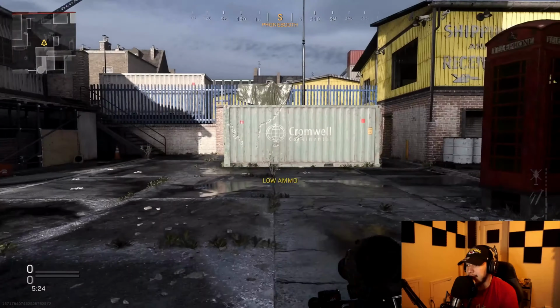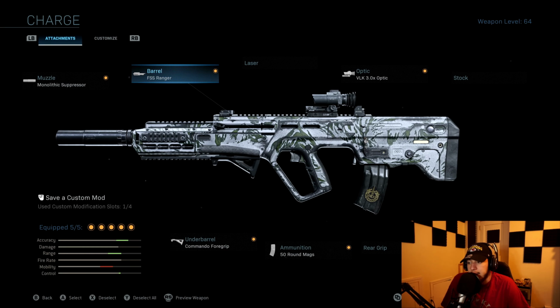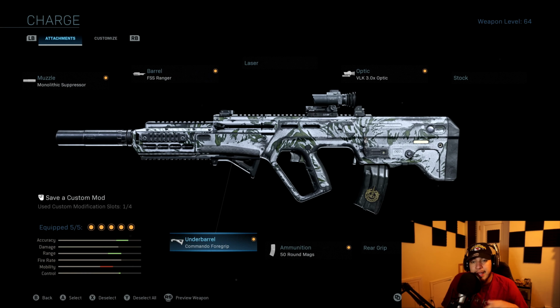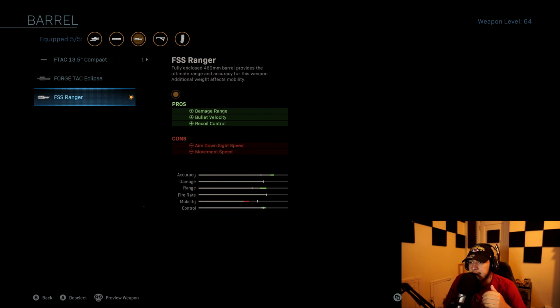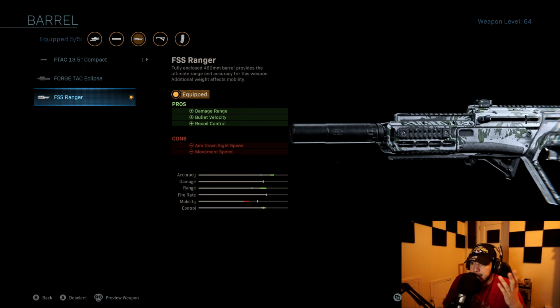Now, I want to go through and show you my RAM build, because I'm not saying that those are the top 5 best weapons you can possibly use in Warzone. The RAM has a bit steeper of a learning curve, and that's why I don't really recommend it to a lot of people, because it has more recoil, and at longer ranges it's harder to control than a lot of these other weapons. But monolithic suppressor, FSS Ranger, damage range, bullet velocity, recoil control,